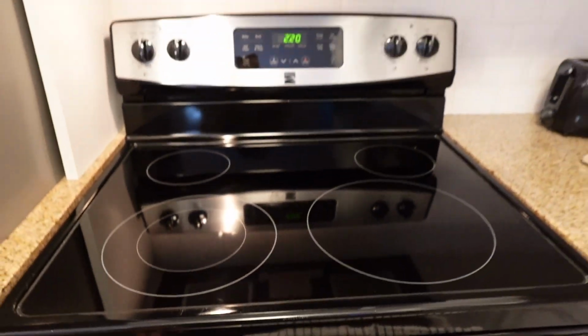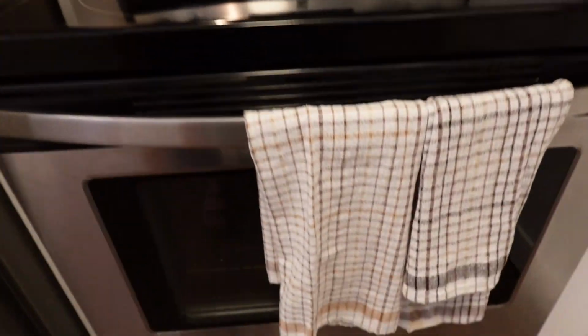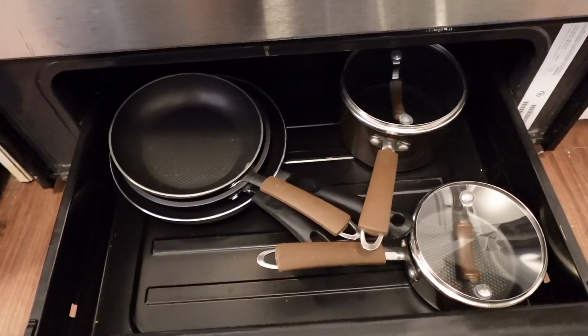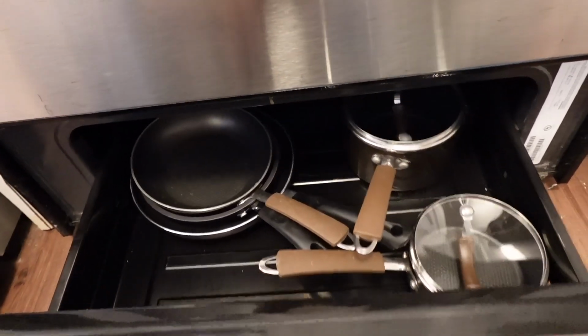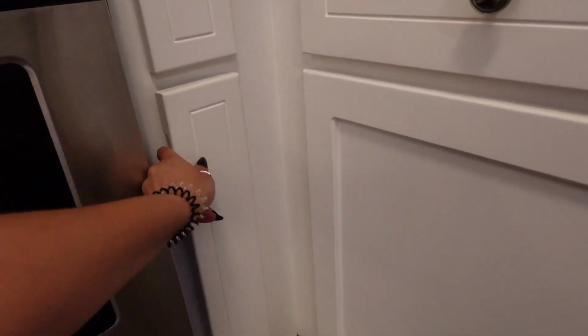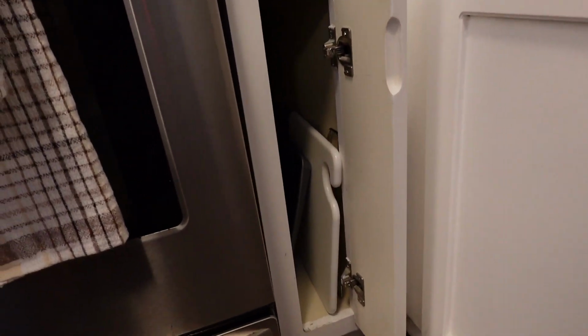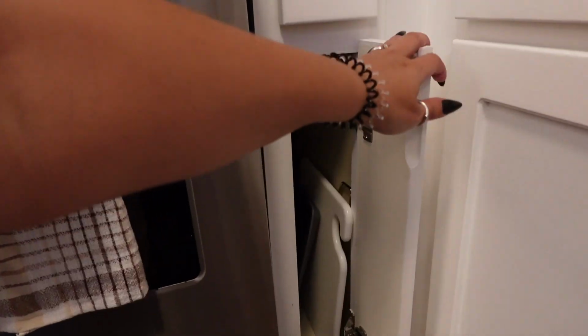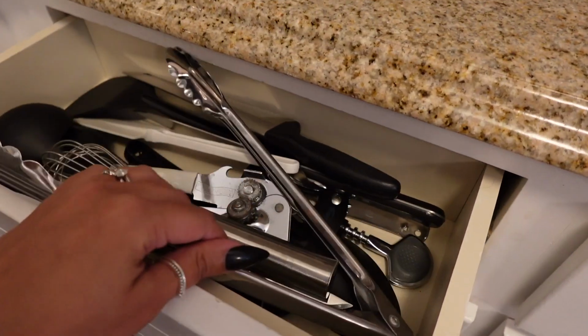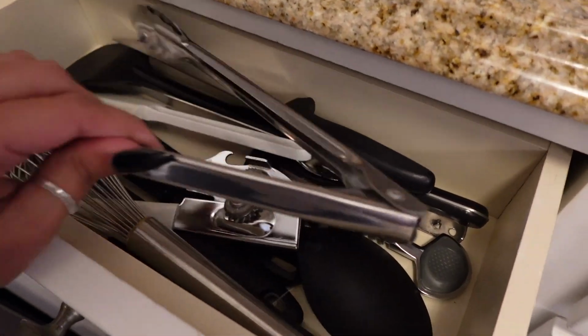Everything looks pretty clean. It is an electric oven. And then down here, see if there's anything in here. Yes, more pots and pans. So pretty much everything you need is available. We do have storage down here that is available for you to put snacks or whatever else you need to tuck away. Cutting boards, baking sheets, whatnot are over there. And then of course, cooking utensils,